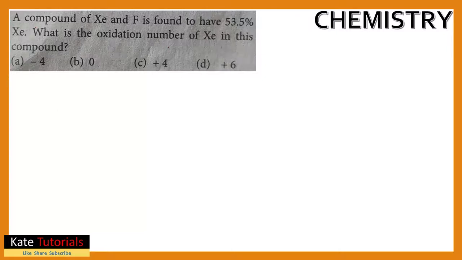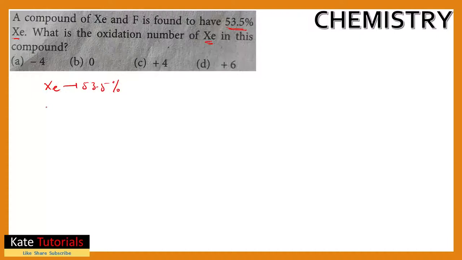The question is: a compound of Xe and F is found to have 53.5 percent of xenon. What is the oxidation number of xenon in this compound? Right, so they have mentioned this xenon, they have mentioned it is around